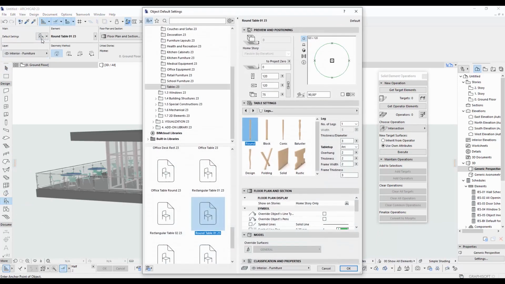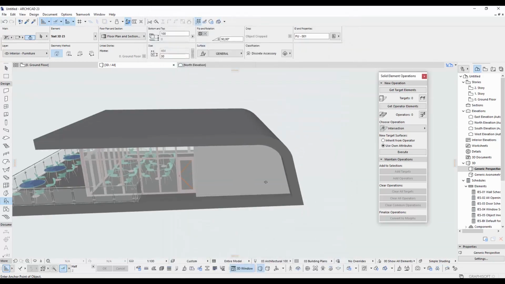Final step is adding signboards. It's very simple. Just add a text object in the library.